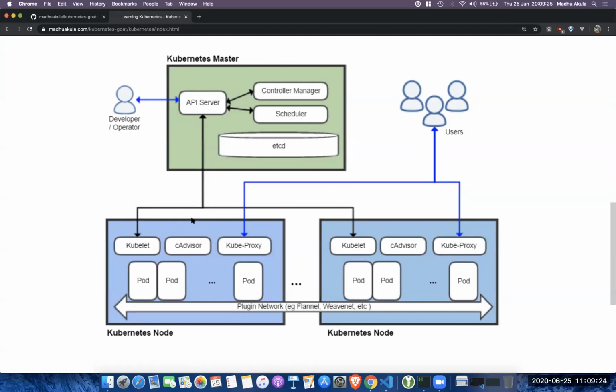Whatever call is made, either from your developers or from a command line tool like kubectl, at the end comes back and asks the API server what decision to make, right? Similarly, the other components within the Kubernetes cluster, like the pods, deployments, etcd, and other objects like kube-proxy, at the end have to go back and talk to the API server, right? So this is a key component.